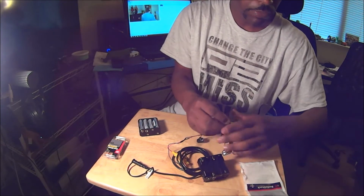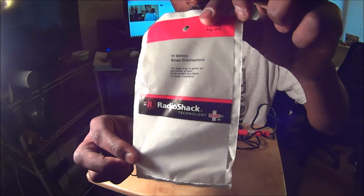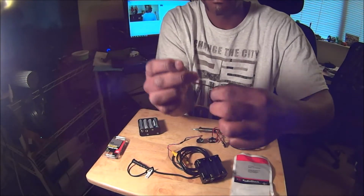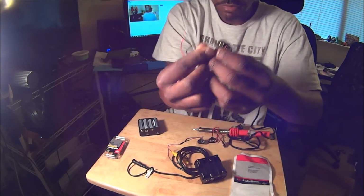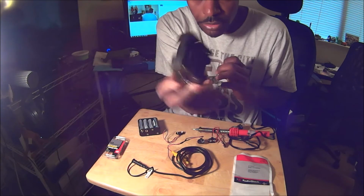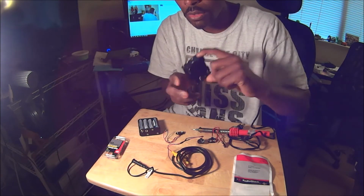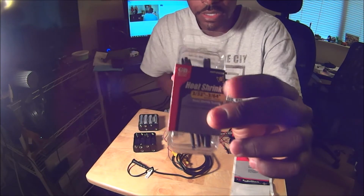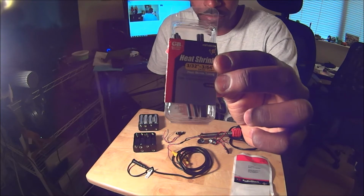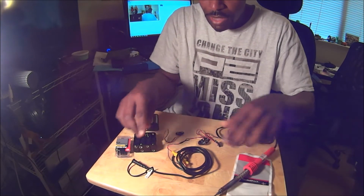Second thing you're going to need, Radio Shack has 9-volt snap connectors. I like to do it because I have multiple battery sets. So whenever it's time to change a battery, I'll just change out a whole block. Third thing is heat shrink. Now, just because I like to have mine pretty clean,